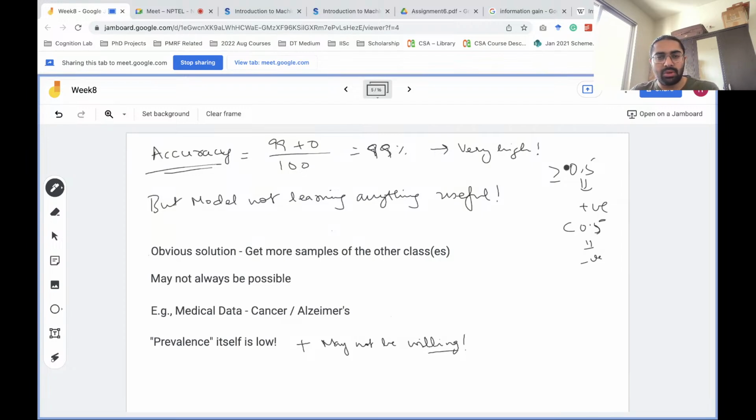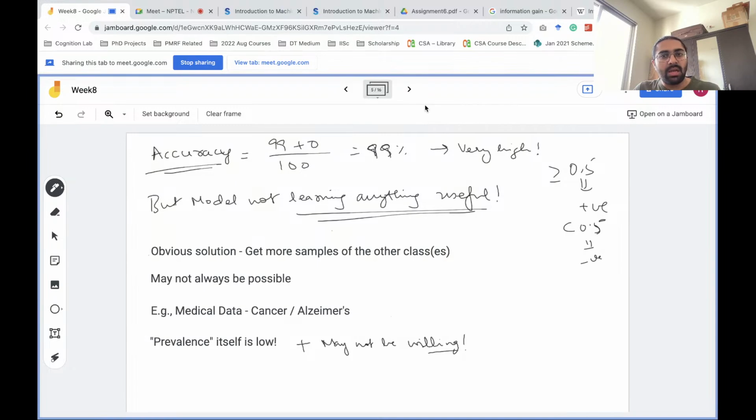Because it's saying positive for everything, so all the positive ones will be correct. Only one is wrong, and therefore I'll have very high accuracy. But the thing is, the model is not learning anything useful though. It's just saying one for all the samples, so it hasn't really learned anything